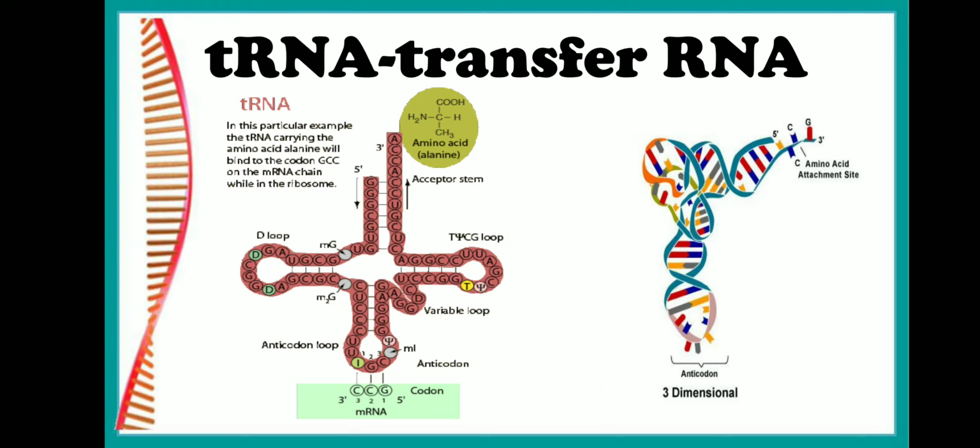According to the clover leaf model, there are about 4 different regions or special sites that can be recognized on the tRNA molecule. The 4 different regions are amino acid acceptor arm, anticodon arm, dihydrouridine loop, and T-psi-C loop. Along with all this, we have another arm called the variable arm or variable loop. Now let us look into each of these. First, amino acid acceptor arm or amino arm, also called the AA arm.